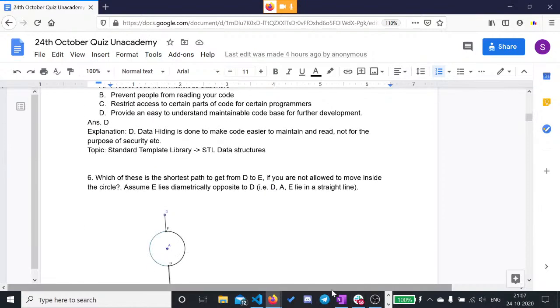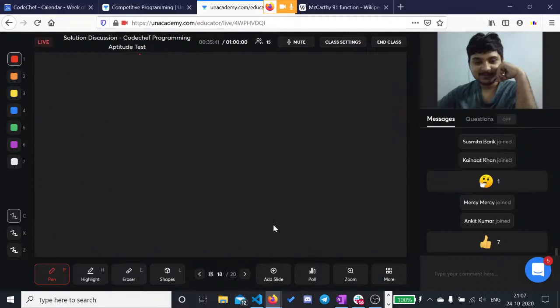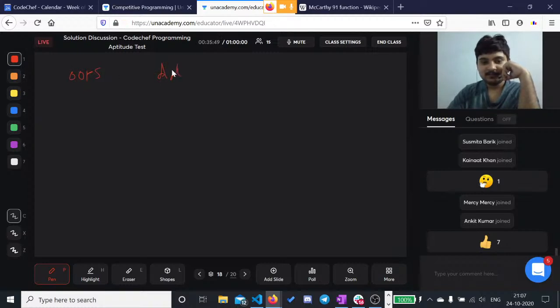The next question is a simple OOPS question. If you are in class 12 and you know what OOPS is, you must have heard of data hiding. So the question is, what is the purpose of having data hiding in OOPS? And the options are